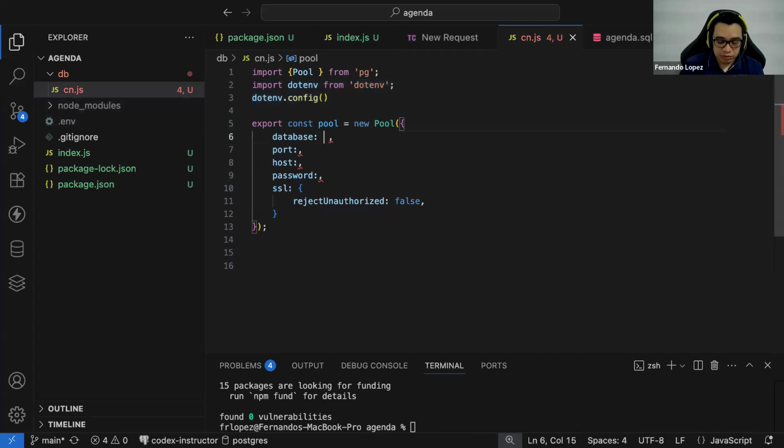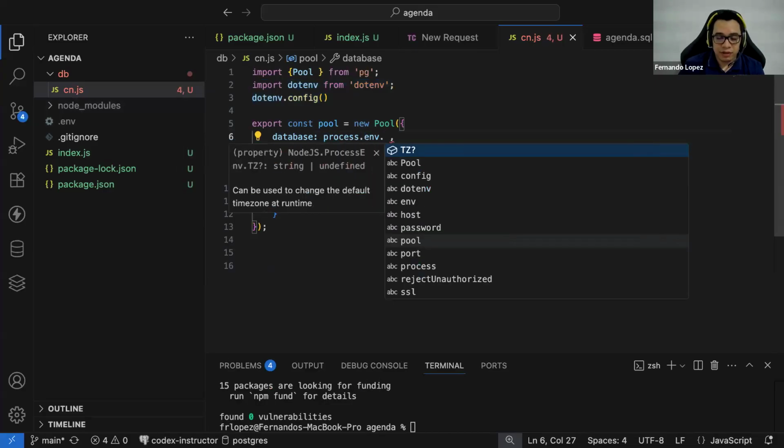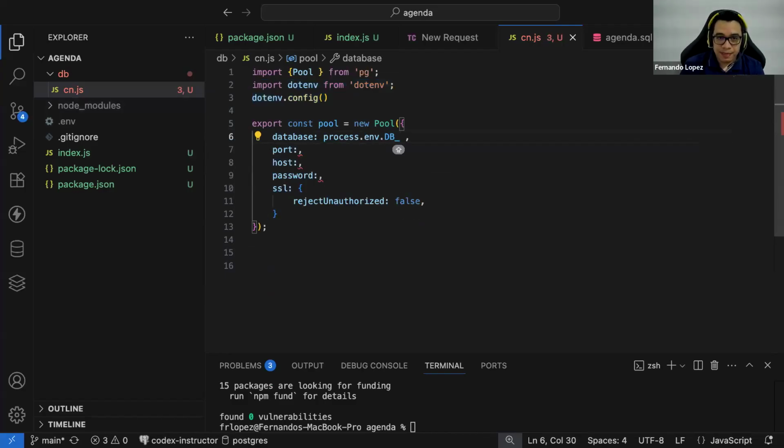So we need to access process.env dot the name of the variable. The database is not necessary, but the port is.